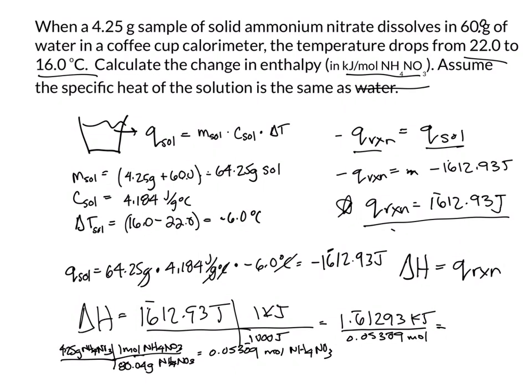And that's going to give us 30 kilojoules per mole of ammonium nitrate